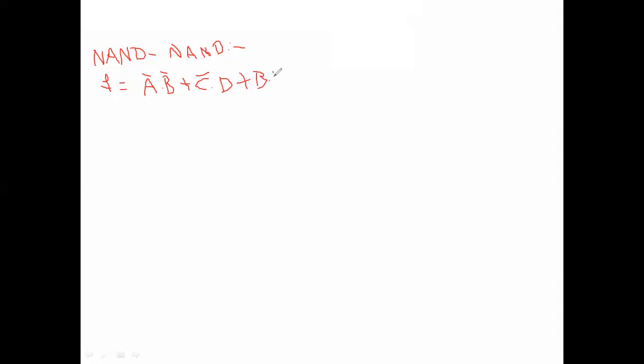If you are given any expression like this, observe whether it belongs to SOP or POS. This is one product term, this is another product term, this is another product term, and we are summing them together. So this belongs to SOP. For SOP expressions, we do the NAND realizations. How to do the NAND realization? First, draw the NAND gate here.